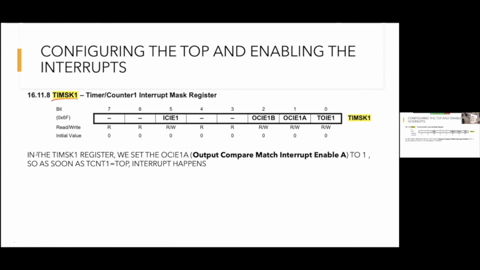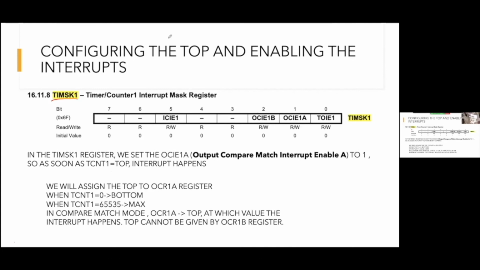In this register we will set the output compare match interrupt enable A to 1. So as soon as the timer reaches the top, when it reaches the top, an interrupt happens. So we will assign the top to this register.